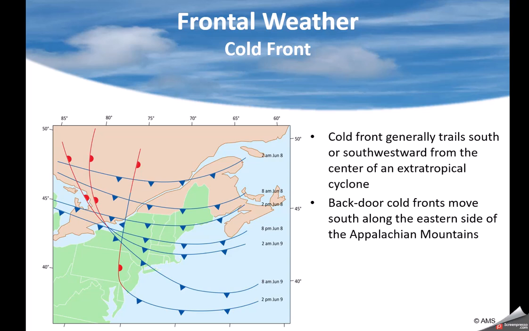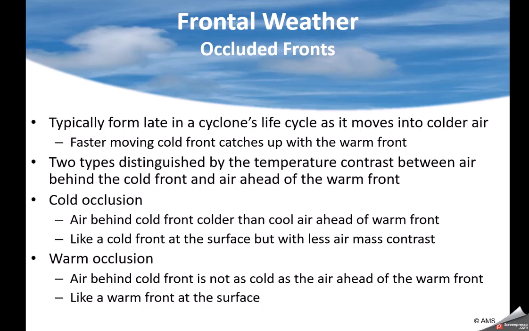Fronts typically come out of the northwest. On the east coast, sometimes we get these backdoor fronts. I was talking about the maritime polar air coming in off the North Atlantic. This is how they get here. You can literally watch the clouds move down across New England, down into Pennsylvania, New Jersey, and they'll stack up right along the Appalachian Mountains, with no clouds on the west side, and very cloudy, very drizzly on the east.